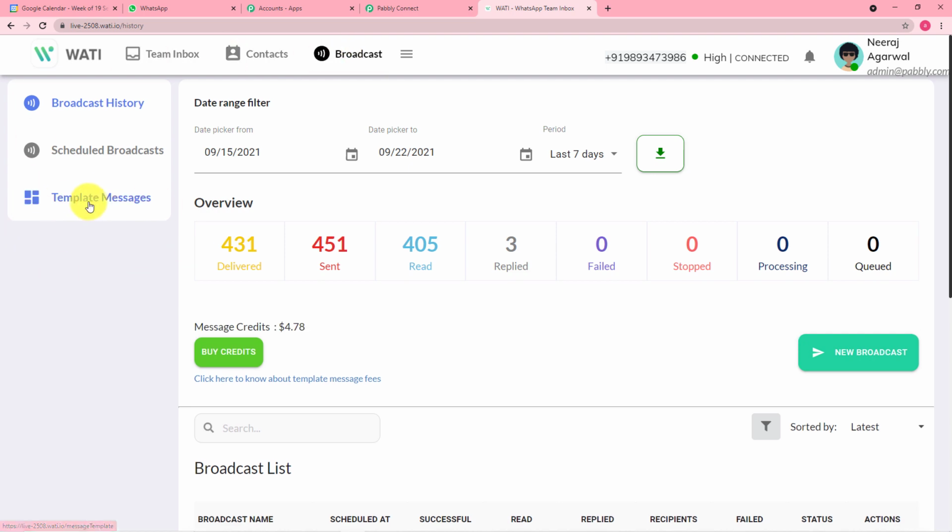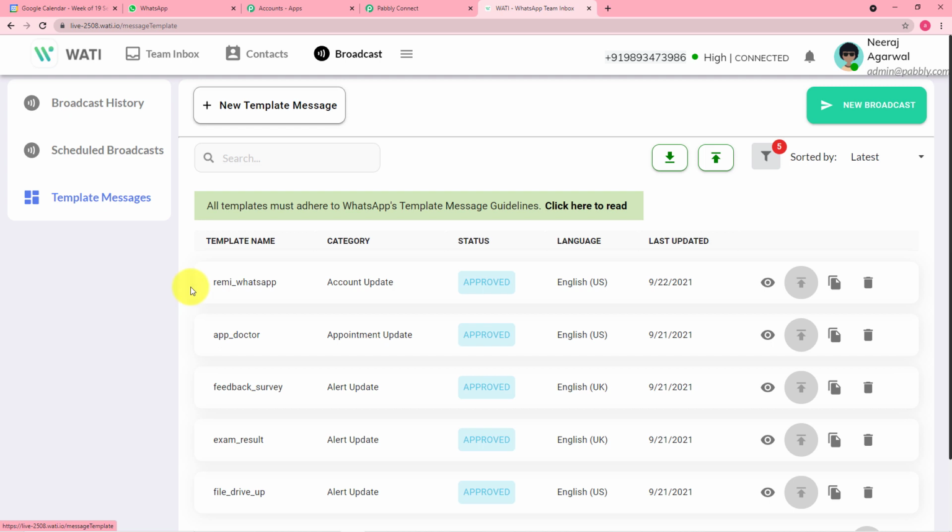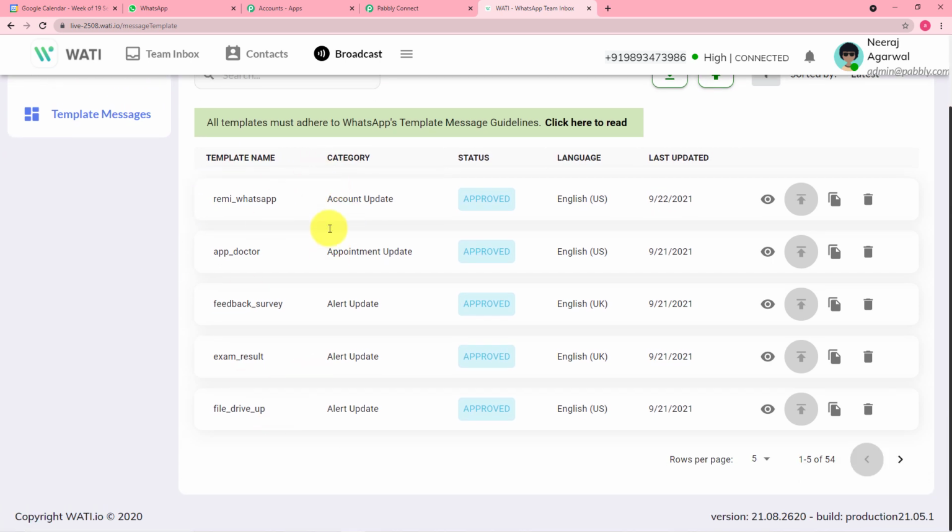So I'm going to this broadcast option here and clicking on this template messages option. So you can see we have these templates here. So what are these templates? Templates are nothing but the predefined message structures that we are going to send to our customer or to anyone whom you want to send the message.